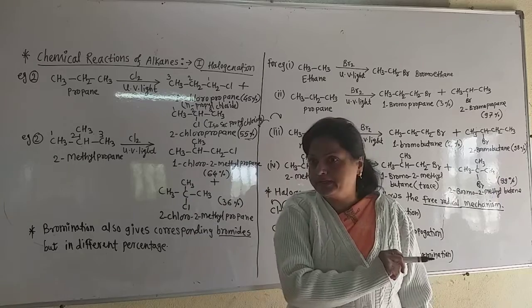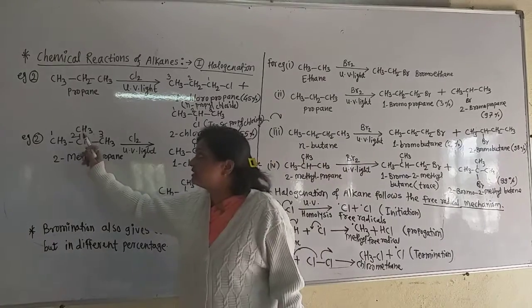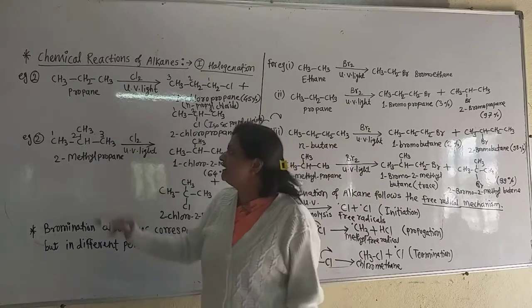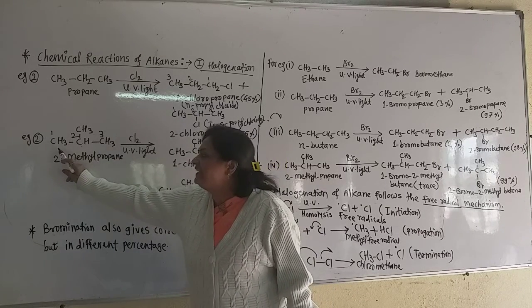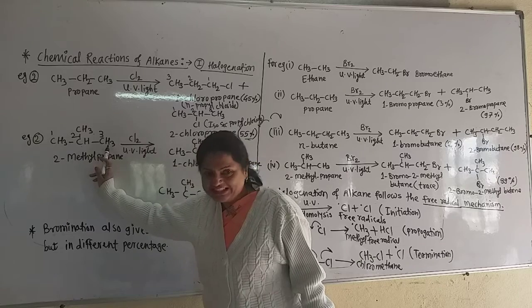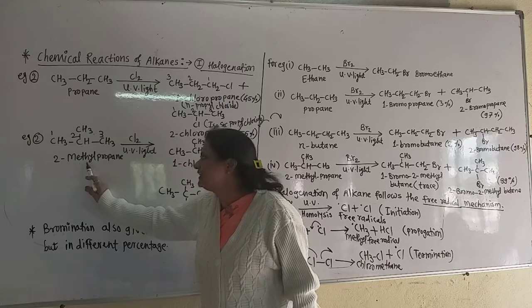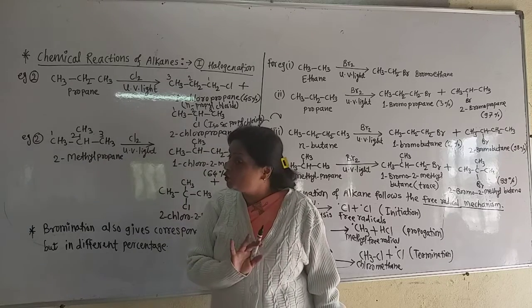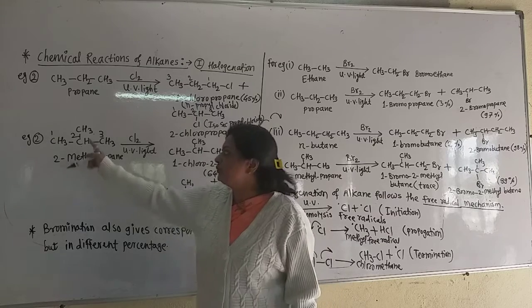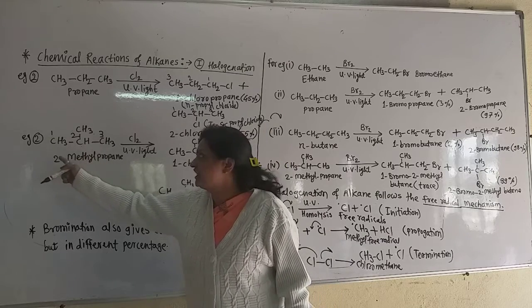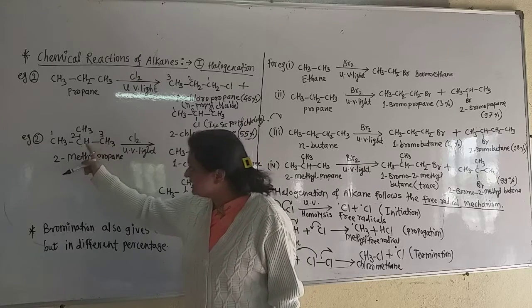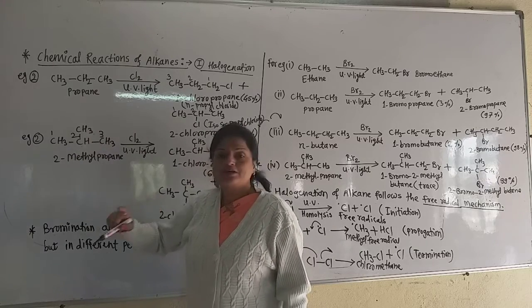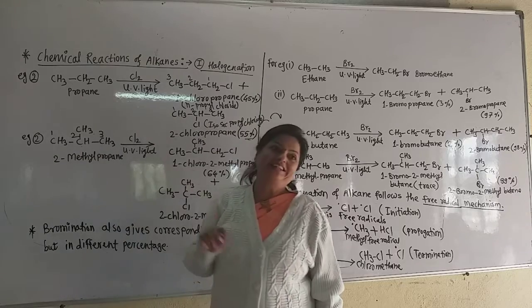You must remember that. So as this methyl group is on the second carbon, the name of this alkane is 2-methyl and it contains only 3 carbon atoms in the chain. So it is 2-methyl propane. Remember that, not butane. Though there are 4 carbon atoms, in a straight chain there are only 3 carbons, so it is propane. But on the second carbon there is the methyl group, so it is 2-methyl propane, the IUPAC name.